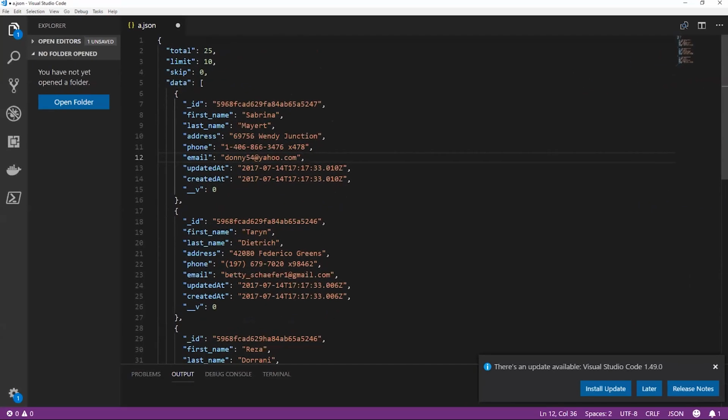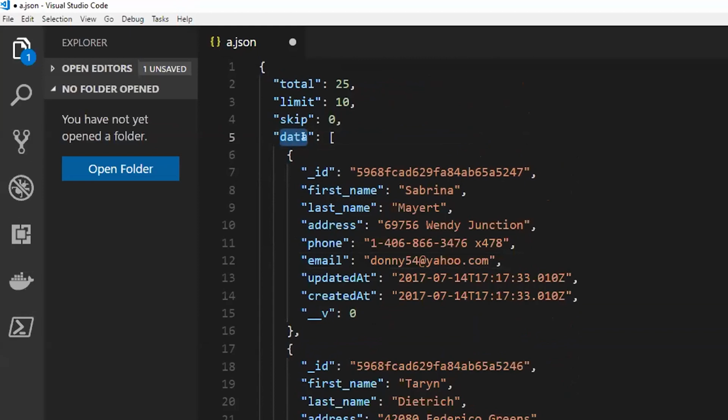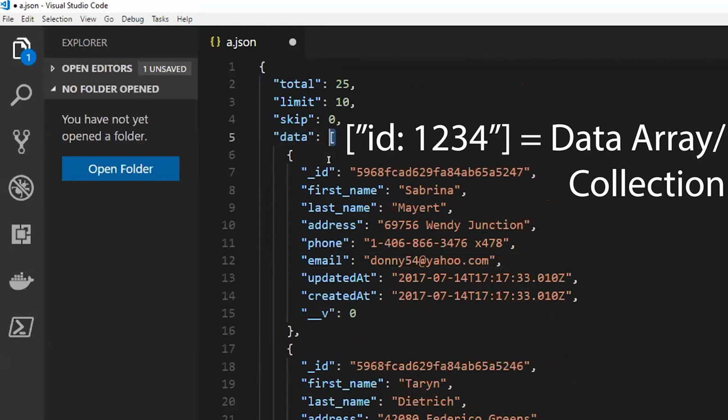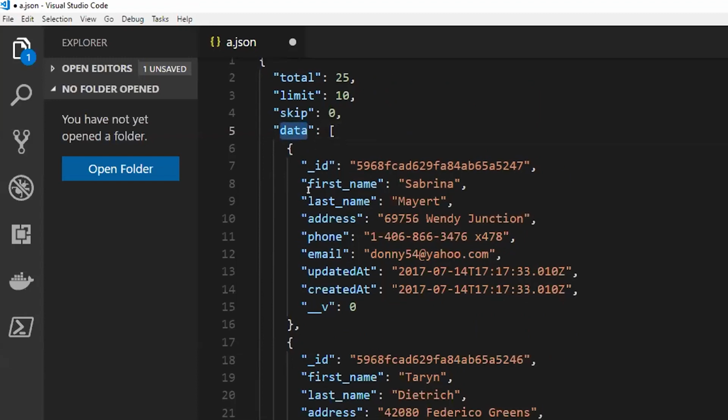Now, in this, I have a node called data. And this data node has a square brackets notation in front of it. That means anytime you notice that there is a square bracket notation, then we are dealing with arrays or we are dealing with collections. That's number one. That's the first key thing that you need to remember. Square brackets means arrays or collections. So in this node of data, I have a collection of students.